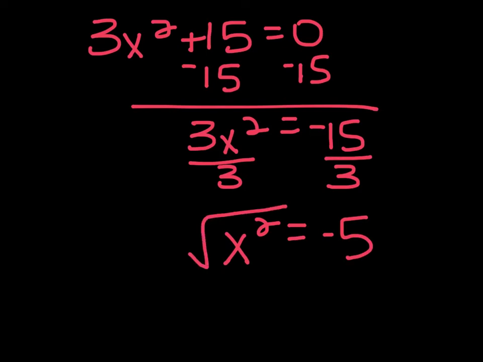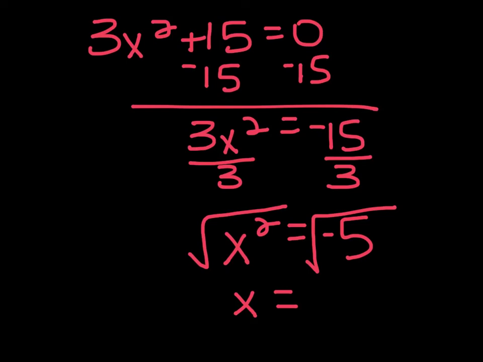So you would want to take the square root of both sides. And so you're asking yourself, square root of x squared is x. And then you ask yourself, what number can I multiply by itself to get a negative 5? Well, at this point in your math career, we're going to say, no way. There isn't a real number that you can multiply by itself and end up with a negative number, because if